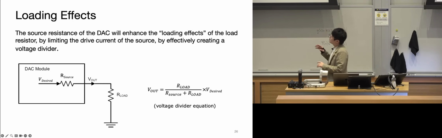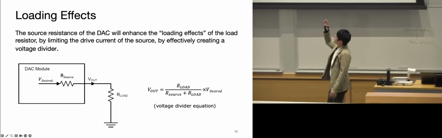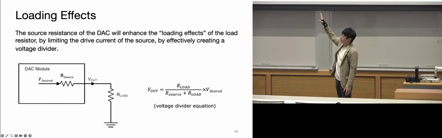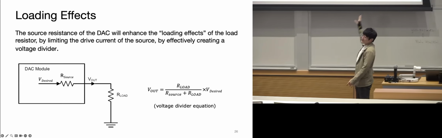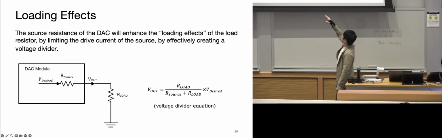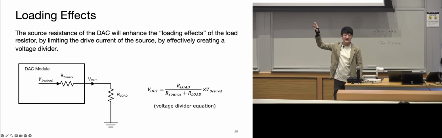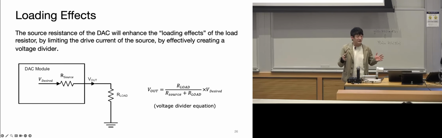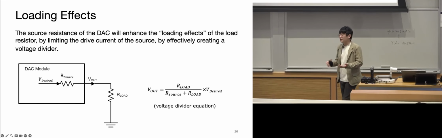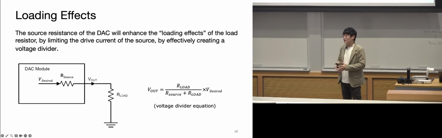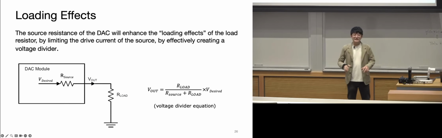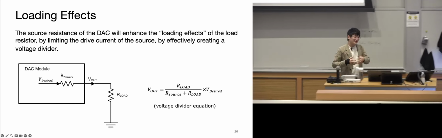A very, very easy example: you have the V out here that will be connected to just a load resistor. And based on the voltage divider equations that I hope you guys are super familiar with by now, you will see that the V out will actually be affected by the value of this load, which, if you think about it, is really not great, right? Because we don't really know what your DAC channel is going to be connected to. It could be connected to just a single wire, or it can be connected to a big piece of speakers that your device can't push to make it sound, right?